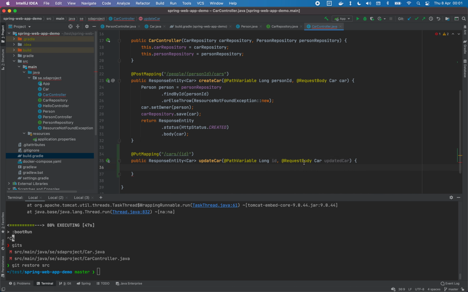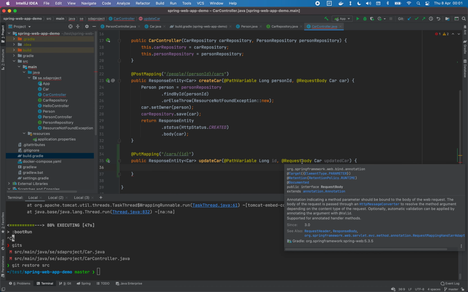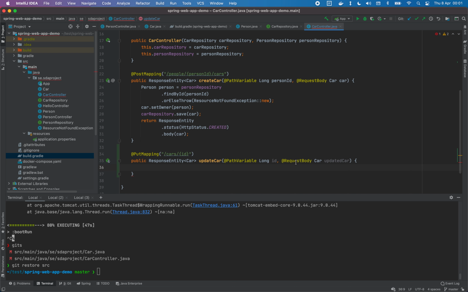So remember that request body is going to take key value pairs from the actual body of the request. We saw that before in the post request, but this time in the put request we also have a body, and it's going to map that to create an instance based on those key value pairs that are coming from the put request, and it's going to create a new instance of a car here that is called updated car. All of this is going to happen automatically,